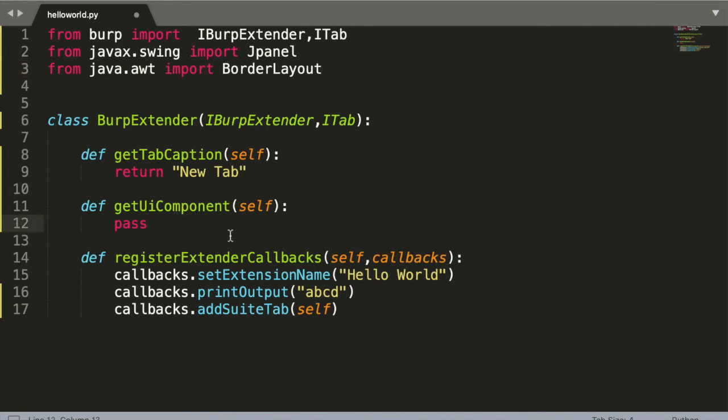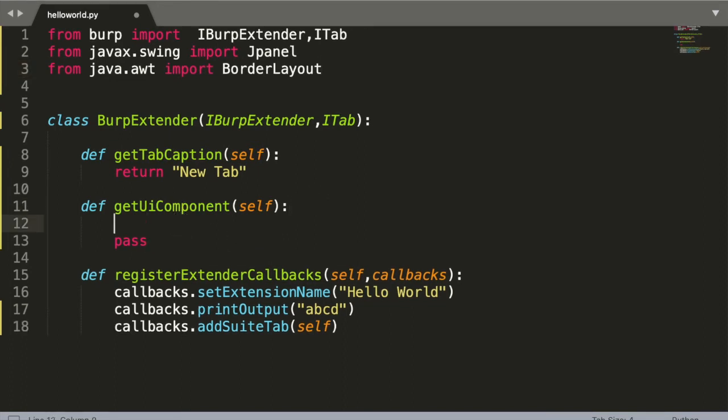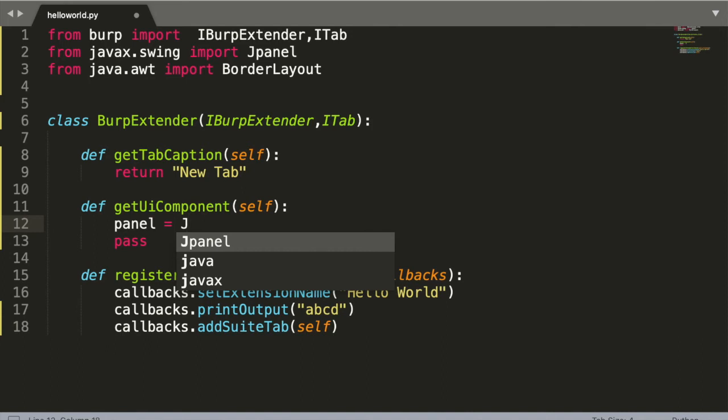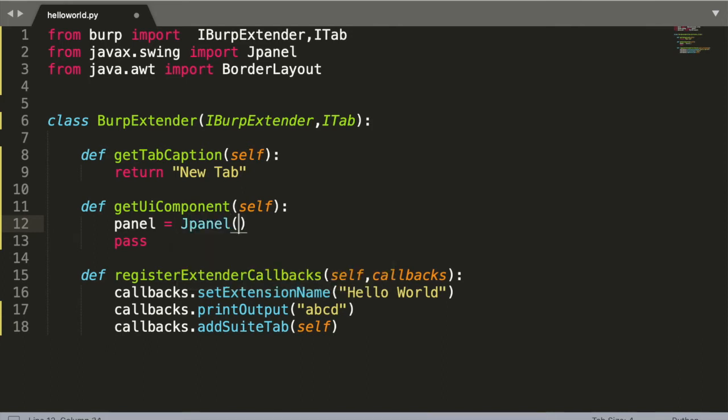Now what we'll be doing, we'll be creating our panel. So I am naming this panel, equals to, I'll be creating a JPanel, and obviously it's a BorderLayout. So I am passing this BorderLayout to our panel.